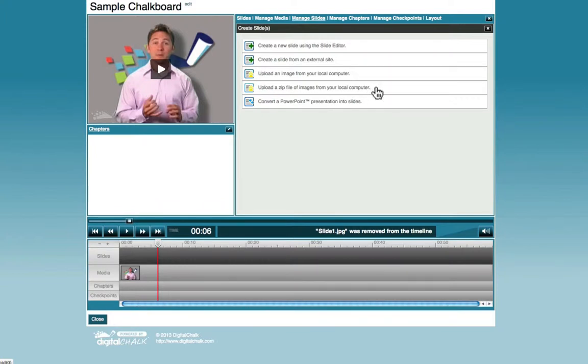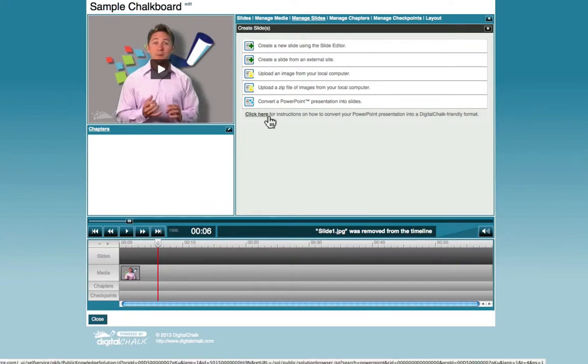And the upload a zip file of images from your local computer really works in conjunction with your convert a PowerPoint presentation into slides. DigitalChalk does not allow you to directly upload your PowerPoint. However, when clicking on this option, it gives you instructions on how to save your PowerPoint as images, zip those images up, and then upload a zip file of images from your local computer. Now, you certainly don't have to create your slides in PowerPoint, but that's one of the most common options that's